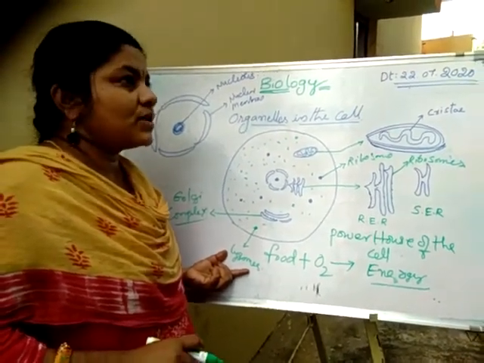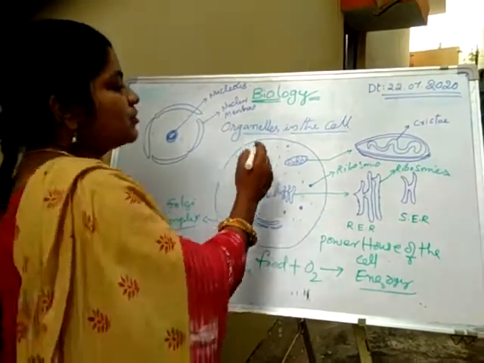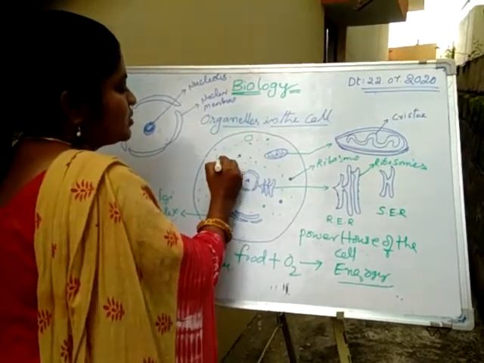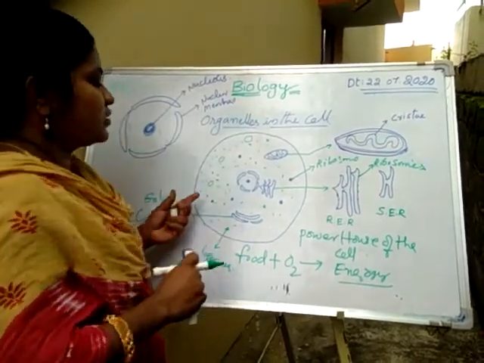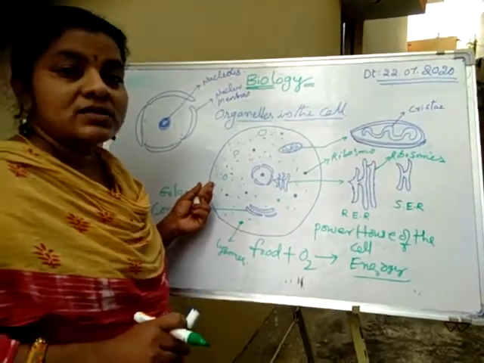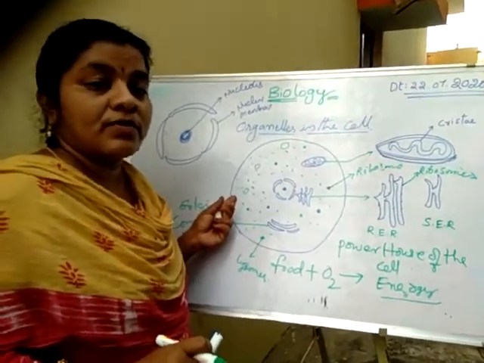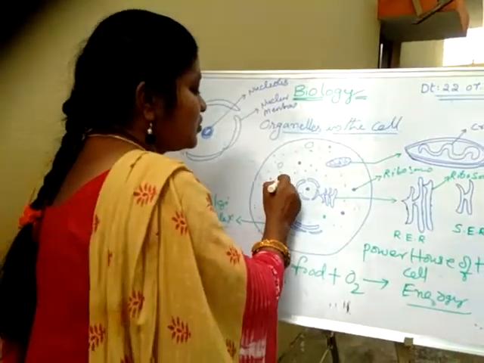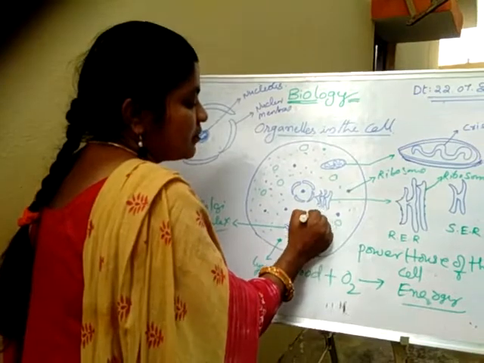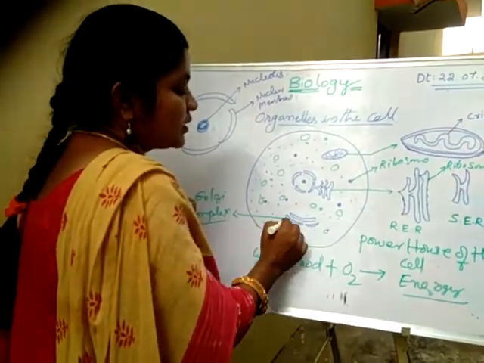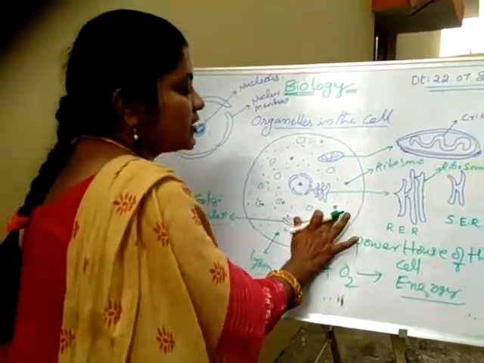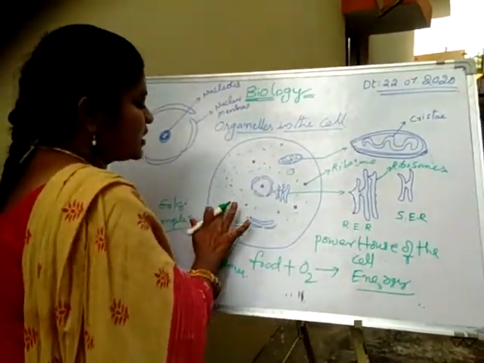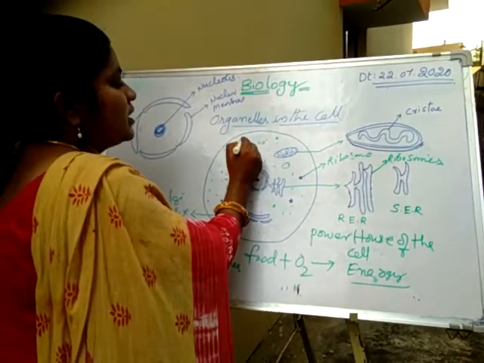So these are some important parts of the cells, and some other minute particles are there. Those are vacuoles. We can't see vacuoles in the animal cell. In plant cells, there are a very large number of vacuoles, but not in the animal cell. By having these vacuoles, the plant cell may absorb water, but in the animal cell, it does not have any function. Just for an organelle, it is just like